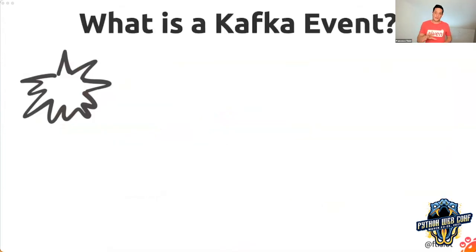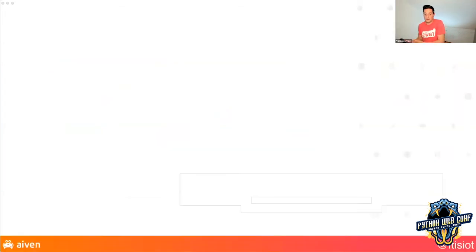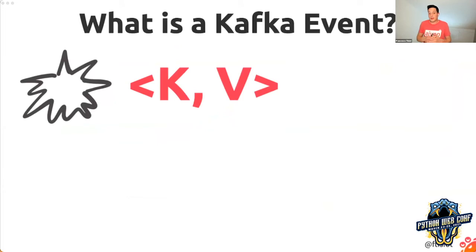So we understood the overall architecture of Apache Kafka, but what is an event for Apache Kafka? Well, for Kafka, an event is just a pair of key and value. Key and value that in Kafka terms are just a series of bytes